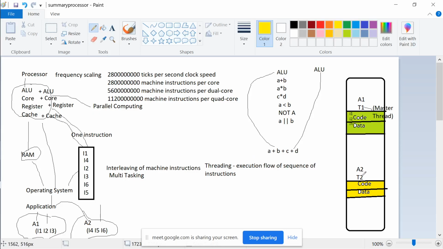So T2 is a master thread for which application? It is a master thread for application number 2. So what is a thread? Thread is now you have to execute all these instructions I1, I2, I3. It's a flow of instructions. I1, I2, I3 is a group which is attached to T1. It is like part of your function call, maybe, that is attached to the thread. It is part of your main function call. So I1, I2, I3 is part of T1, and is taken by the operating system and put in the queue, and then one by one it goes to the processor.